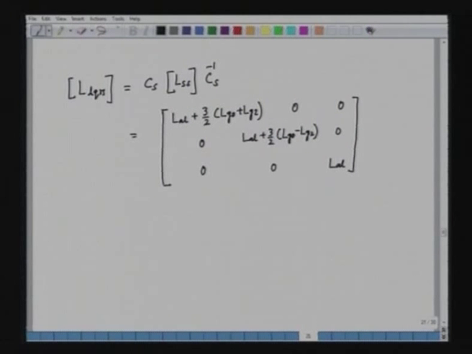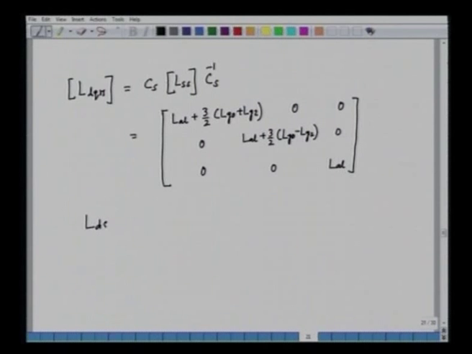Now, if you see this, the stator inductance LDS in the D axis is given as LAL, the leakage inductance of the stator, plus 3 by 2 times LG naught plus LG2. Now, we see that this is independent of theta r. So, it is interesting to note that this inductance is not position dependent. It is a constant inductance. And we can call this in this particular fashion LAL plus LMD, where LMD is equal to 3 by 2 times LG naught plus LG2.